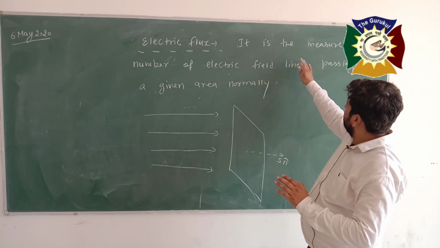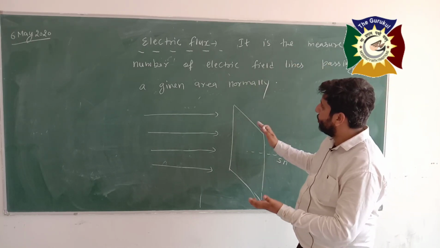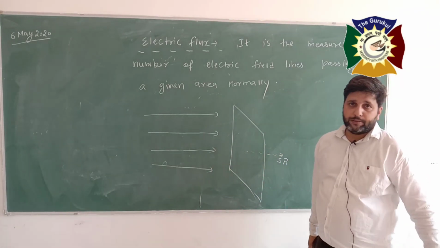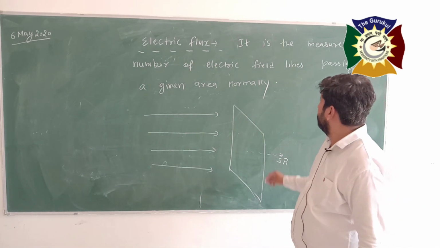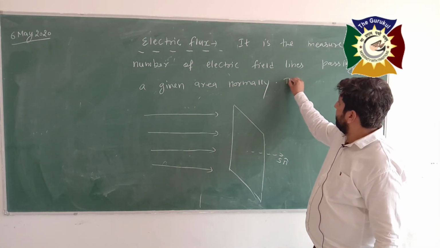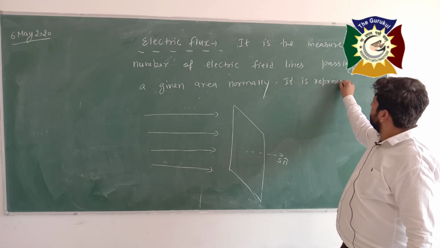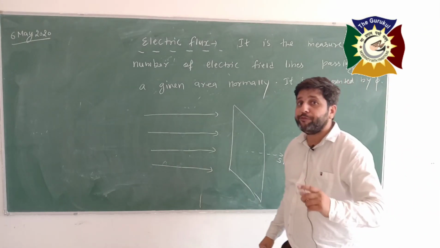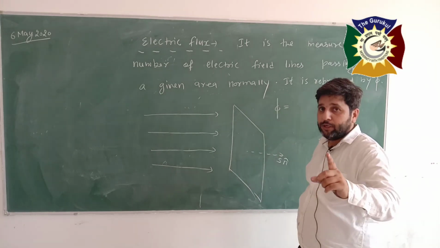You have seen that it is the measure of number of field lines passing through a given area normally. Now I will tell you its mathematical expression. You know, it is represented by phi. You know what is the expression of phi mathematically? Listen, phi is equal to